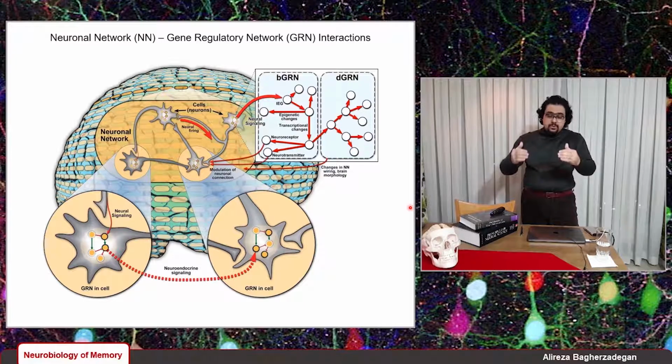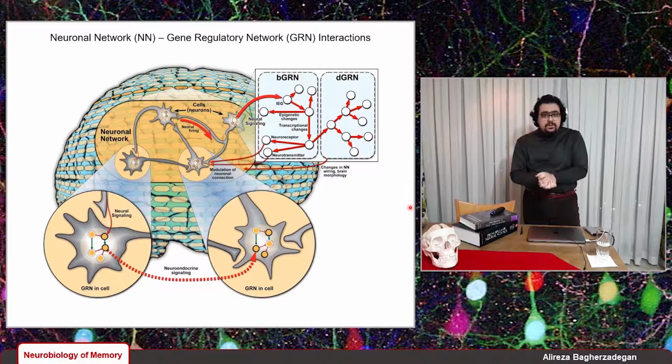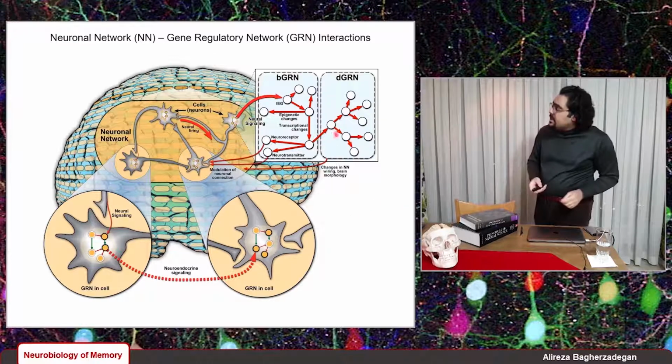It is like the amplification or the insertion of new AMPA receptors in the postsynaptic membrane, as I explained in the expression of long-term potentiation,